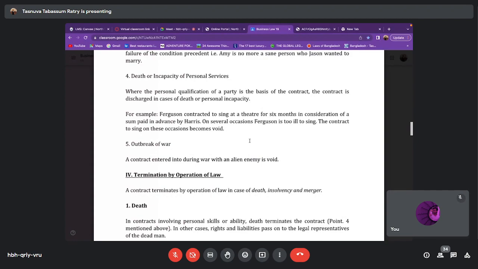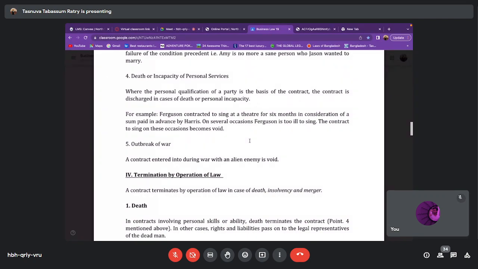So if that person dies, can you replace, alter, or do anything about that contract? No. What will happen to that contract? That contract is discharged because a subsequent event has occurred and it has made the contract impossible to perform. So where the personal qualification of a party is the basis of the contract is discharged in cases of death